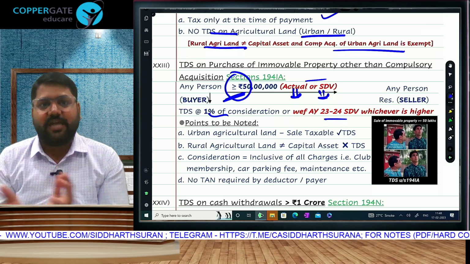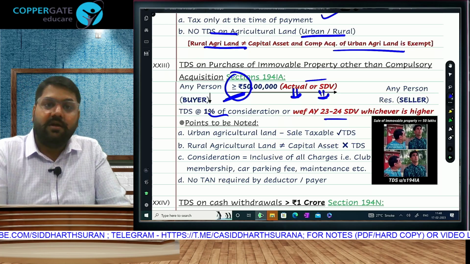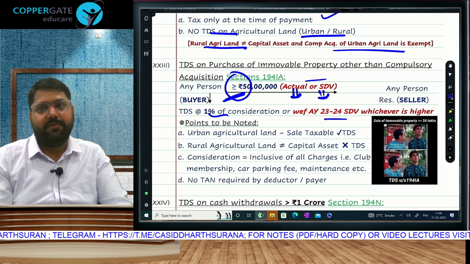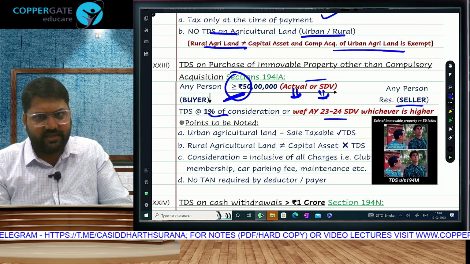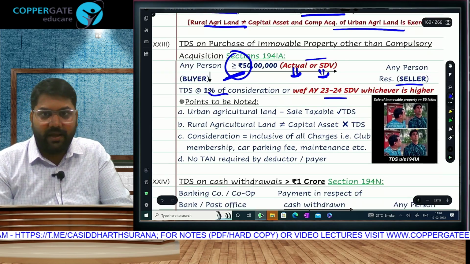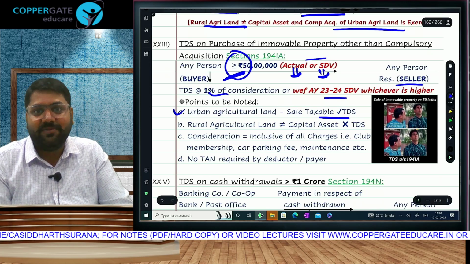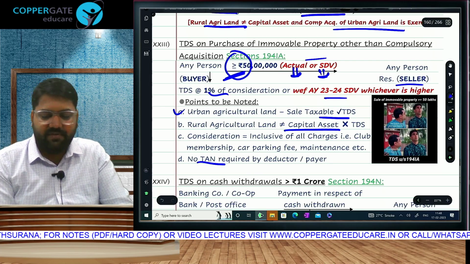Now we will check. Anyways, capital gain may be checked. So here also we will check actual or stamp duty value, whichever is higher. The threshold of 50 lakhs or more will also be applied on that, and TDS of 1% will also be applied on that. Obviously 1% means resident only, because if a non-resident is selling, you will buy, so 195 will apply. Here TDS will come on urban agricultural land because sale is taxable, only compulsory acquisition is exempt, but on rural agricultural land it will not come. 10 will not be required.